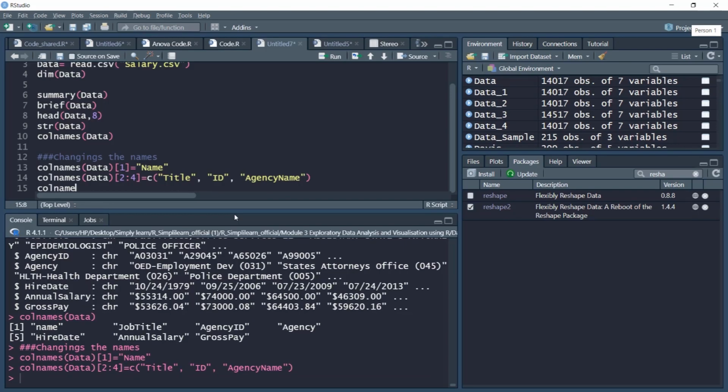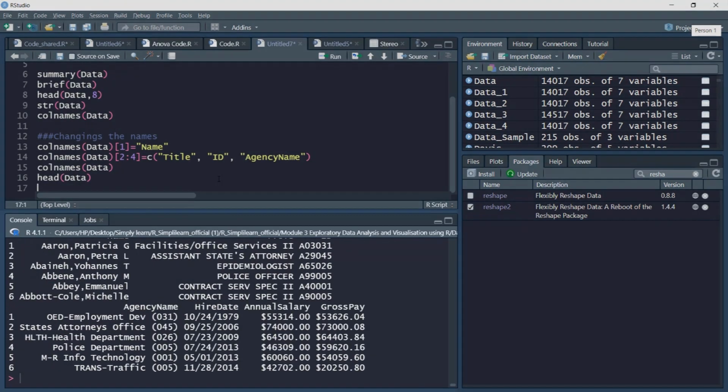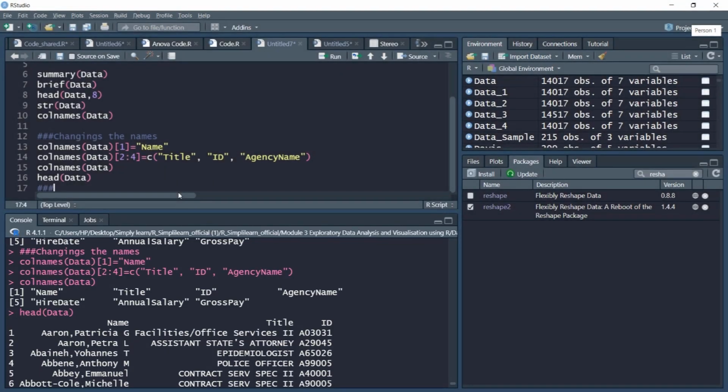Notice now the new names of the data variables. So all the names are changed as we wanted. You can also use the head command and you will see that the names are changed as you wanted them to be. So with this, we have understood how to input the data, see its structure, summarize it, and change the column names. In the next video, we'll talk about cleaning the observations in the data frame.